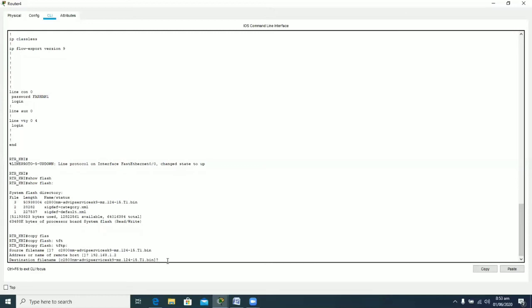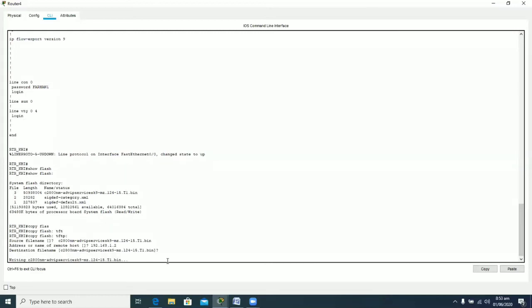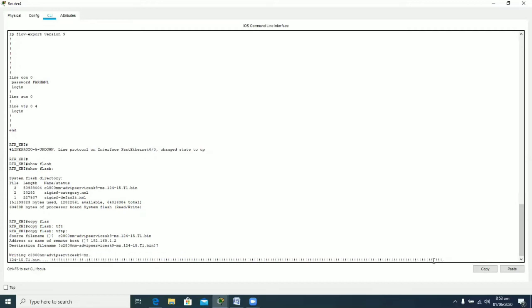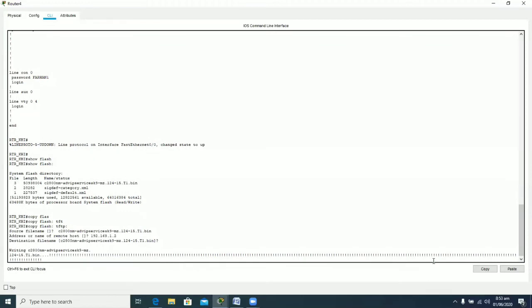So I am just pressing enter, and now it is trying to copy my IOS image into the TFTP server. There you go. You have the exclamation signs coming your way. It means that the file is successfully being copied into the TFTP server. This will take a short time because the Cisco IOS image is a large file.